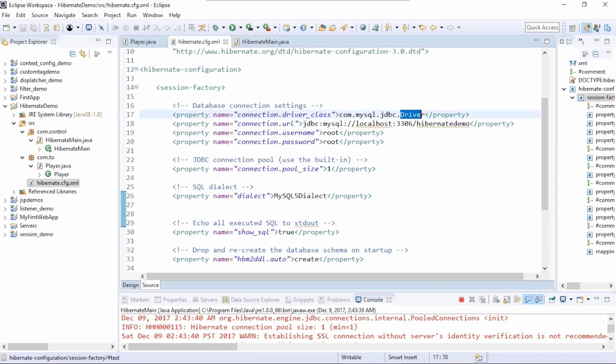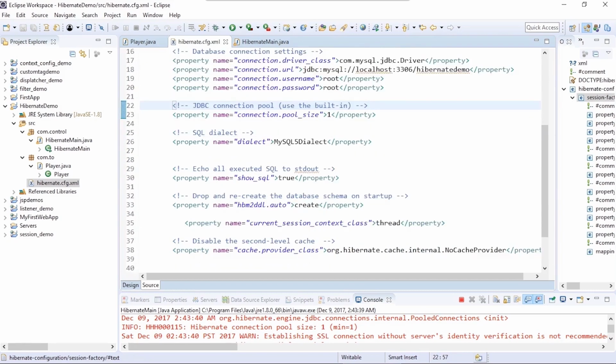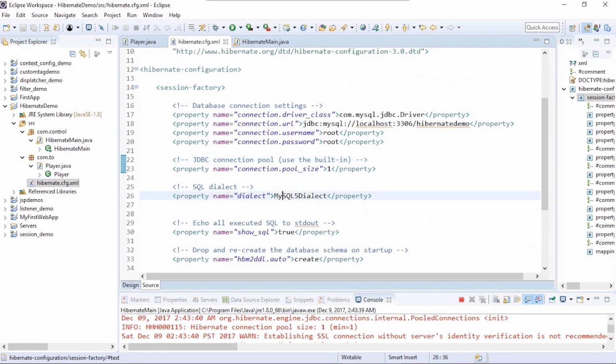So the update that we did to the code: firstly, we have just changed the driver alphabet D to uppercase, which is system defined and case specific. And the next change is we'll have to add the entire namespace to the SQL dialect class.